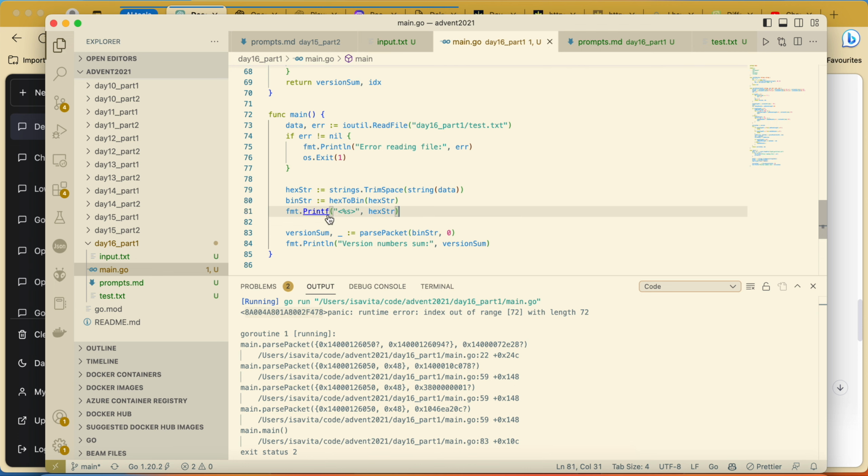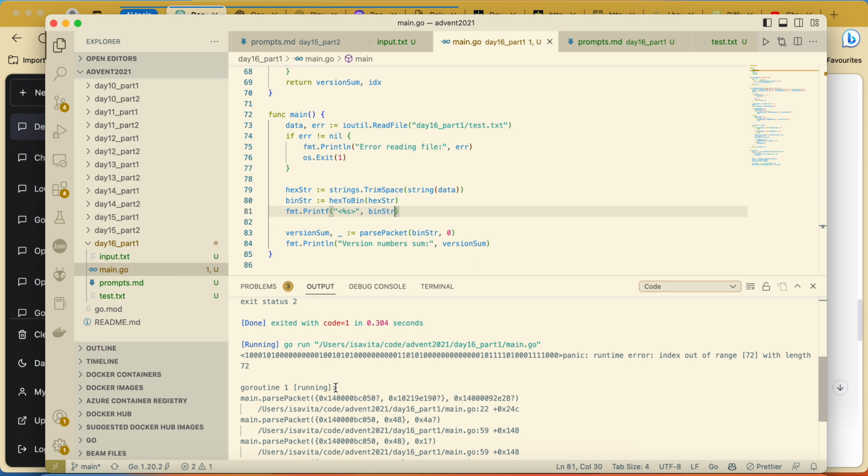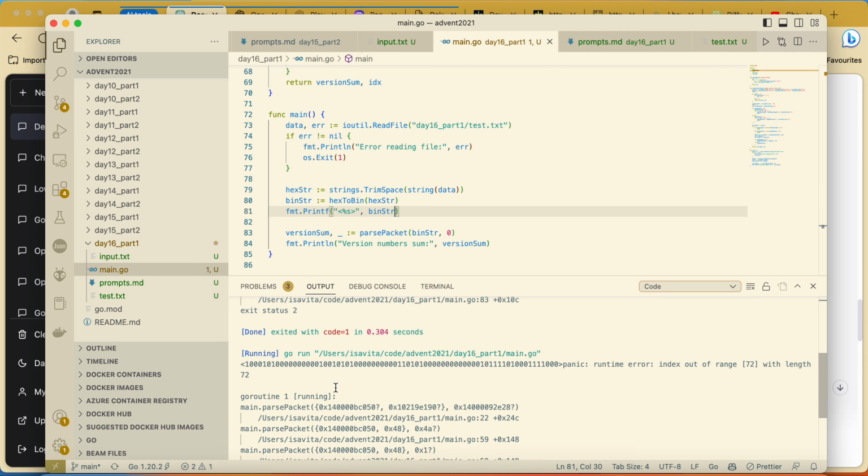Let me see if we get it to a binary string, because here I want to see if the binary is correct.